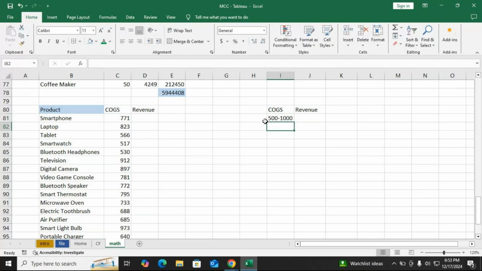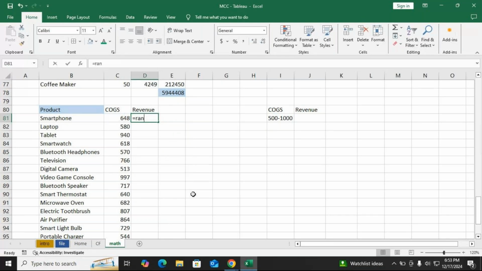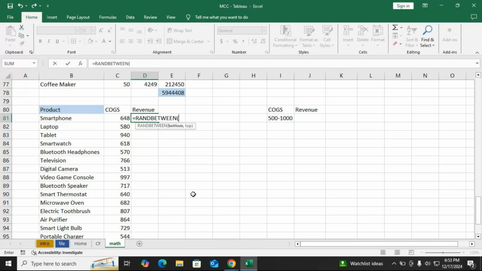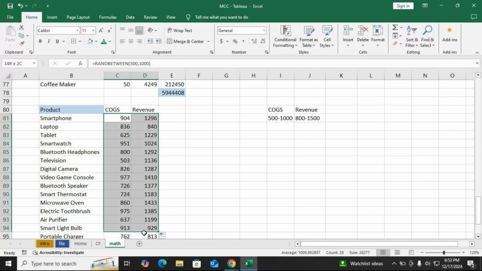Then here I'll go for this revenue. I'll give here equals RANDBETWEEN 800 comma 1500. I'm giving here 800 to 1500. I've given this. Now I'll select both the values,